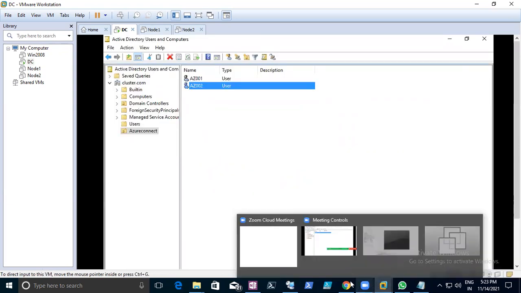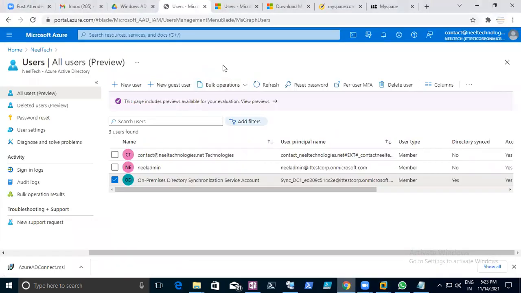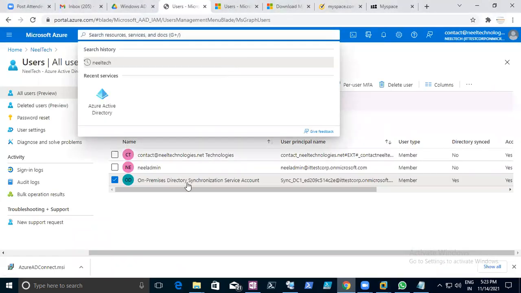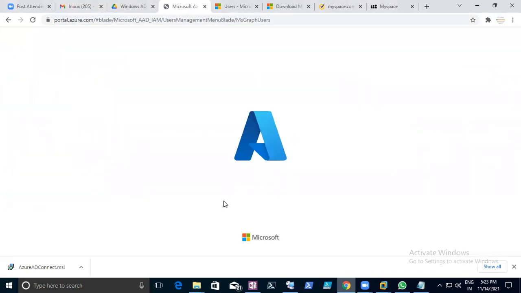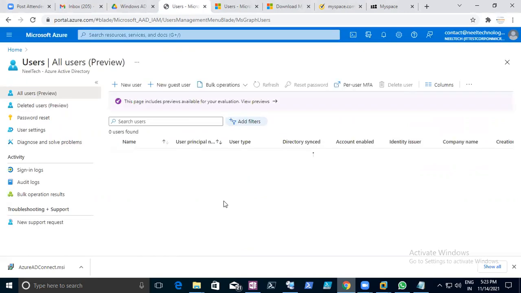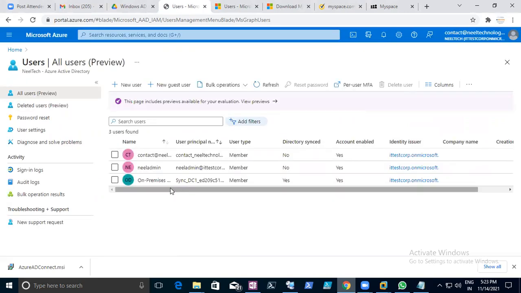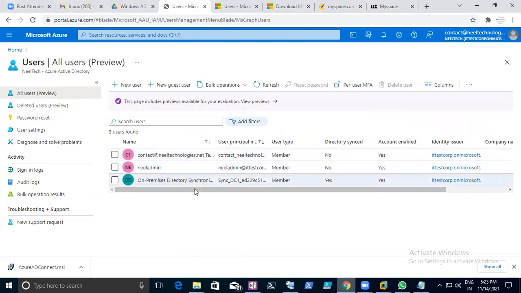Two users created. Come back here. It's replicated now. You can also say refresh. Okay.